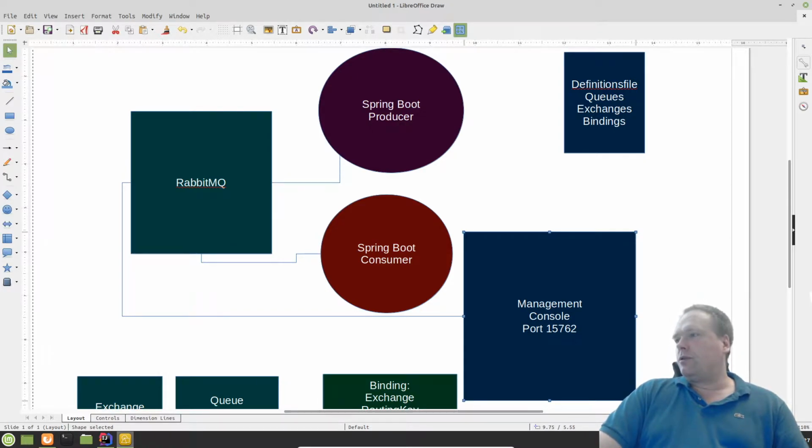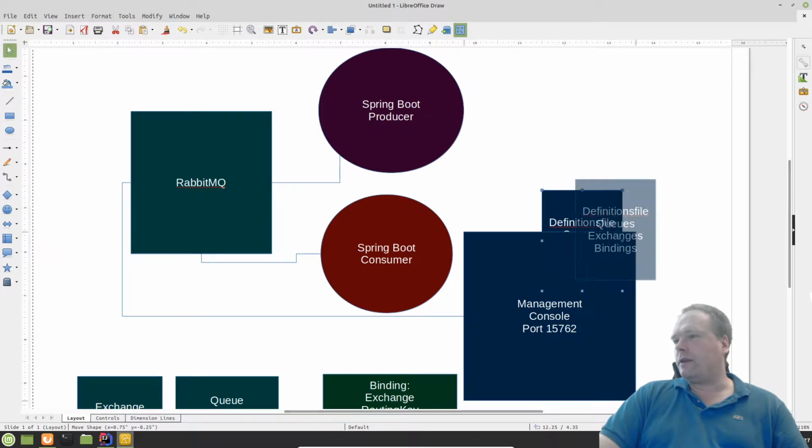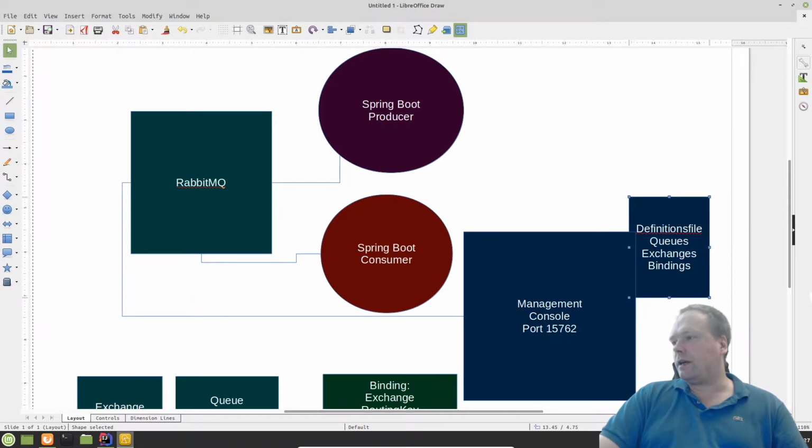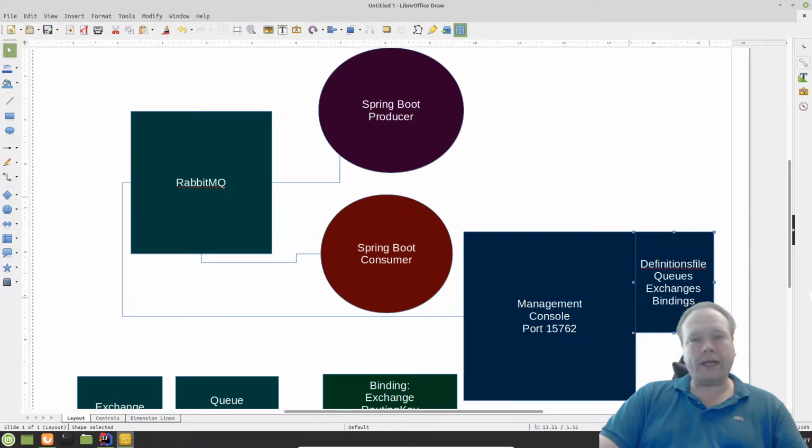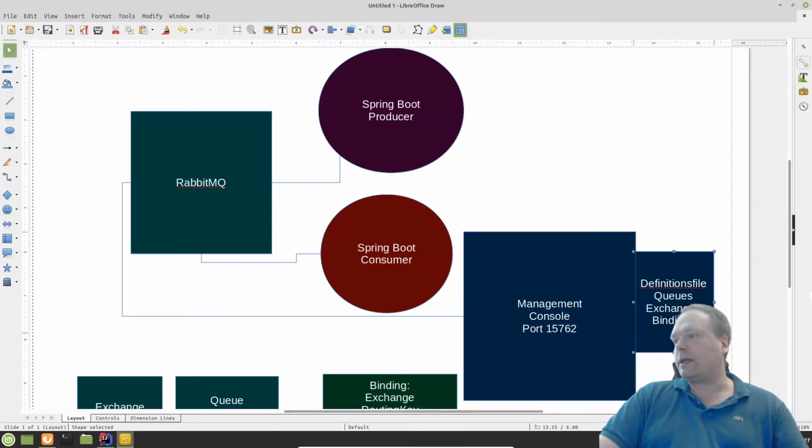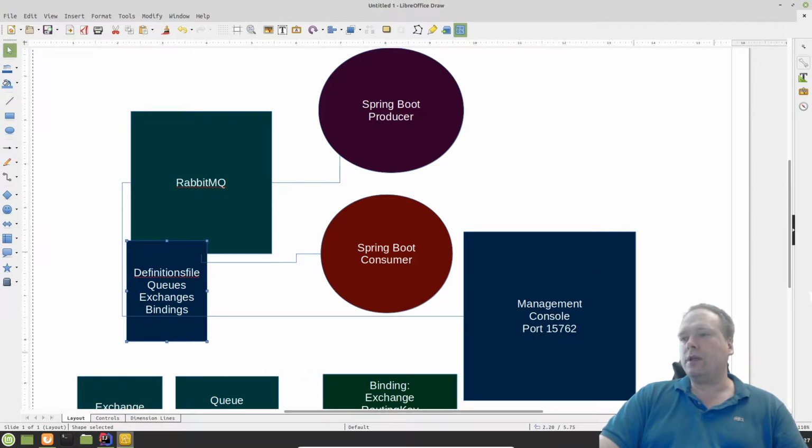Another way is to feed RabbitMQ with a definitions file with queues and exchanges and bindings. This can actually be done with an import or export through the management console. First we can export one set of configuration from one place, and then we can import it, and then all the queues and exchanges and the bindings will be created on the RabbitMQ. That is also a way to solve it, but this is not as flexible as the decentralized way,